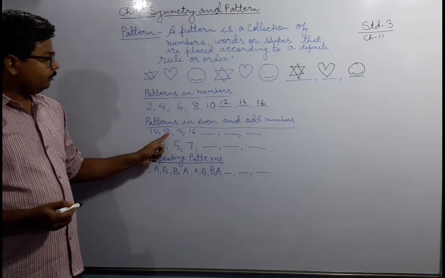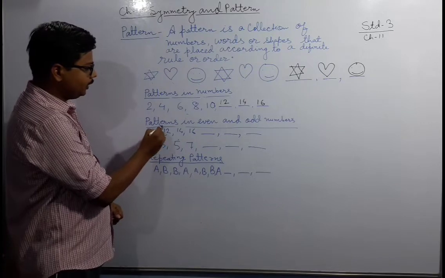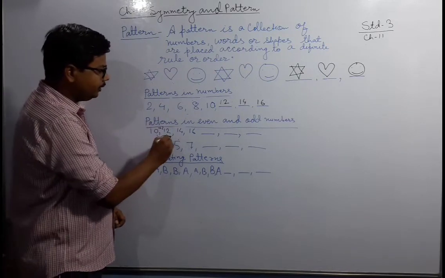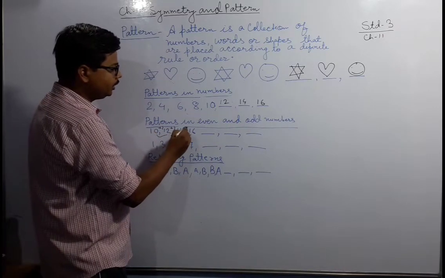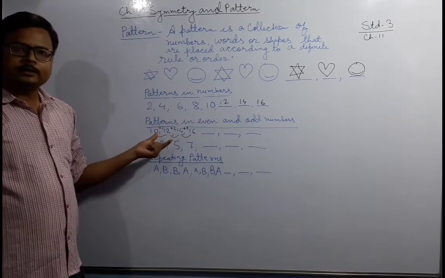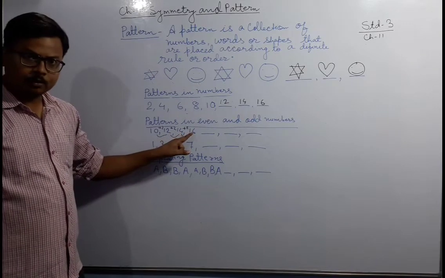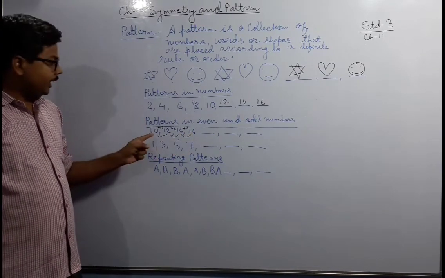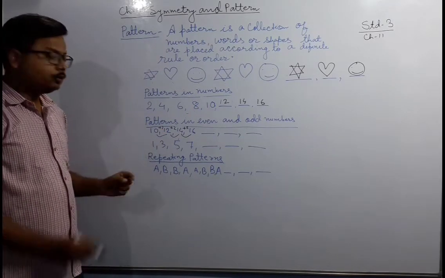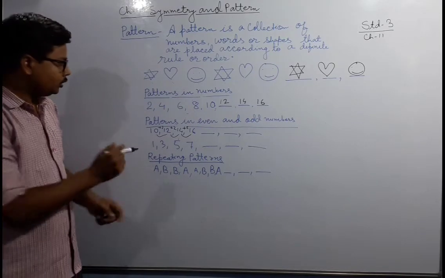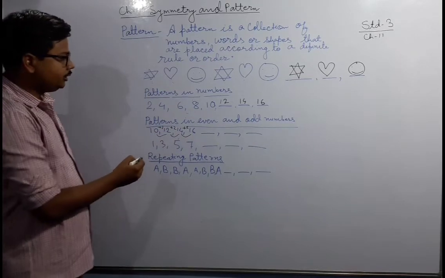10, 12, 14, 16. You can see here we are adding plus 2 in 10, it becomes 12. Again we are adding plus 2 in 12, it becomes 14. Again we are adding plus 2 in 14, it becomes 16. So what we observe in this pattern is that all the numbers are even numbers. Now your question may be, after 10, why have we not written 14? In this case we have to see how the even numbers are going. We are adding only plus 2 in the given even number. Okay, so let us try this question.